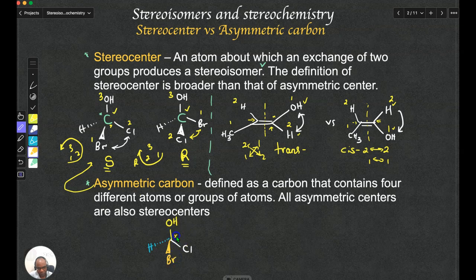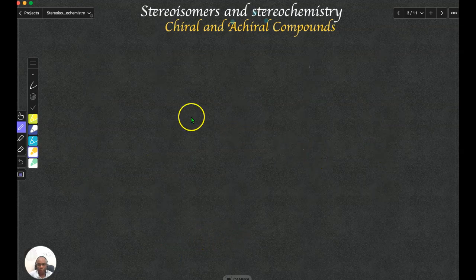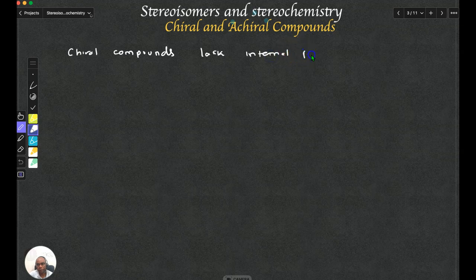Okay, so this is a symmetric carbon. Now let us do examples: identify chiral carbons and achiral carbons, and then use that to identify chiral and achiral compounds. What we will say about chiral compounds is this: if you have a chiral structure, that structure is going to lack internal planar symmetry. So this one lacks internal planar symmetry